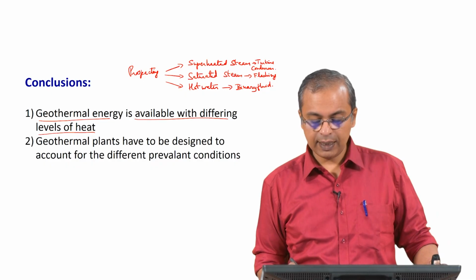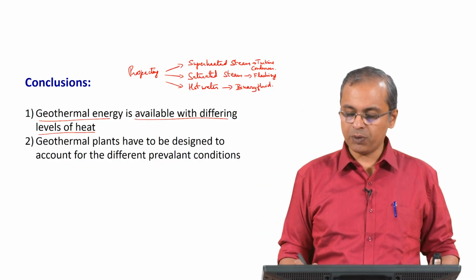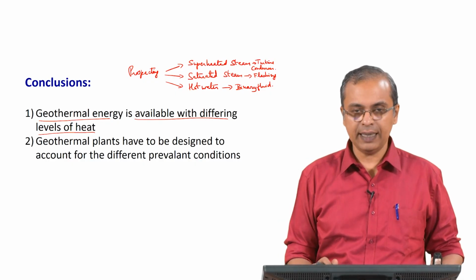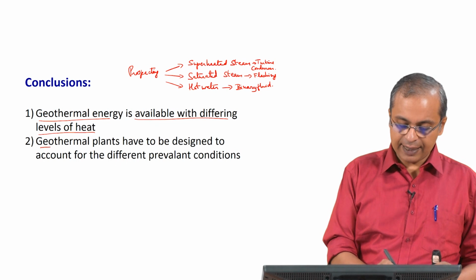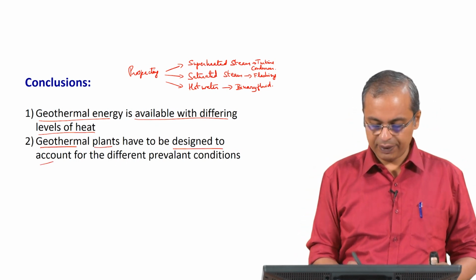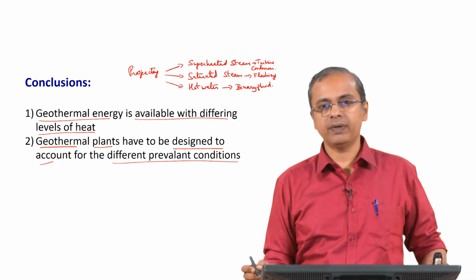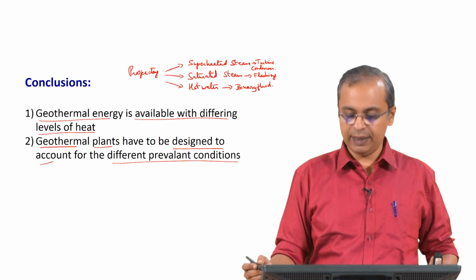Okay. So these are all the options that you have available to you, and in that process you can generate the electricity from the turbine. Therefore the geothermal plant has to be designed to account for the differing prevalent conditions. Whatever the condition is, you have three possibilities here which could be distinctly different